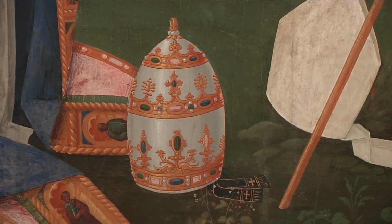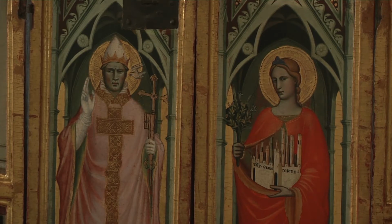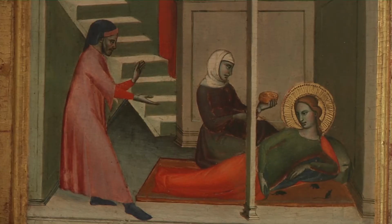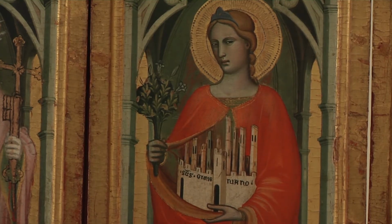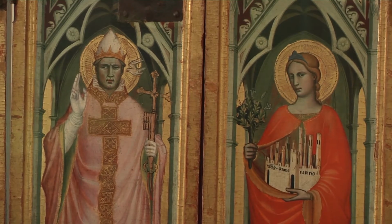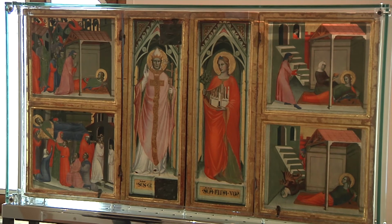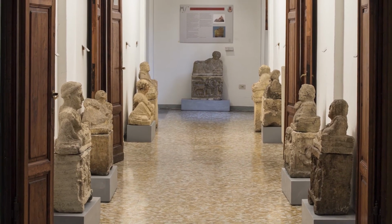The shutters from the tabernacle containing the reliquary bust of Saint Fina, the most beloved saint in San Gimignano, are on display in the next room. The work was commissioned to Florentine painter Lorenzo di Niccolò for the cathedral in 1402, who depicted Saint Fina with a model of the city and a bundle of violets in her hands, Saint Gregory the Great, who announced to the young girl her impending death, stories from the life of the saint and her miracles post-mortem. The Civic Museum complex also includes a visit to the Archaeology Museum at the Monastery of